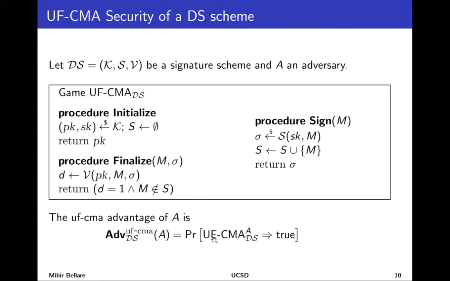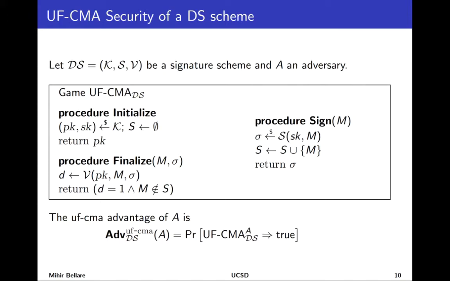When you run the adversary with this game, it may win it or not. Finalize returning true means it wins. That's an event which has a certain probability. That probability is the advantage of the adversary. The superscript stands for unforgeability under chosen message attack, the name of the metric. This means it's for this scheme, and this means it's for this adversary. Okay, so that is kind of the main